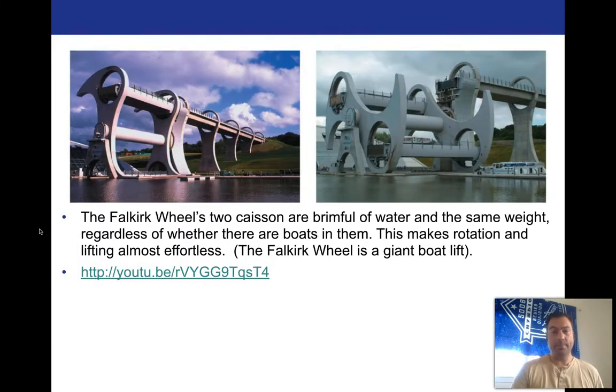Another really cool application of some of the things we've been talking about here is the Falkirk wheel. The Falkirk wheel is in Scotland, and it's actually a giant boat lift. So this is the wheel here. We're going to show a video of how it works in a moment. But the Falkirk wheel's 2 caissons are brimful of water and the same weight, regardless of whether the boats are in them. So here we've got a boat up here on top, and there's a caisson down here,